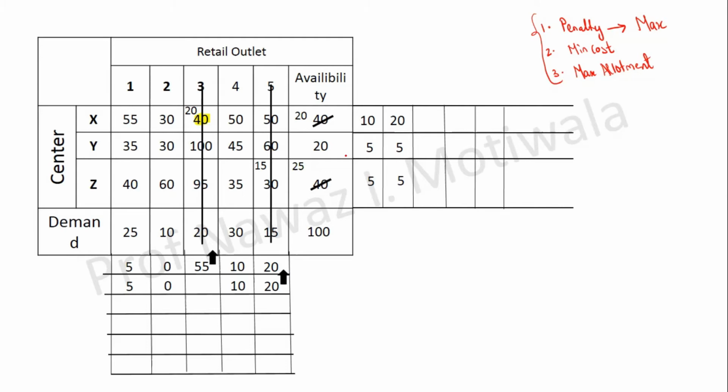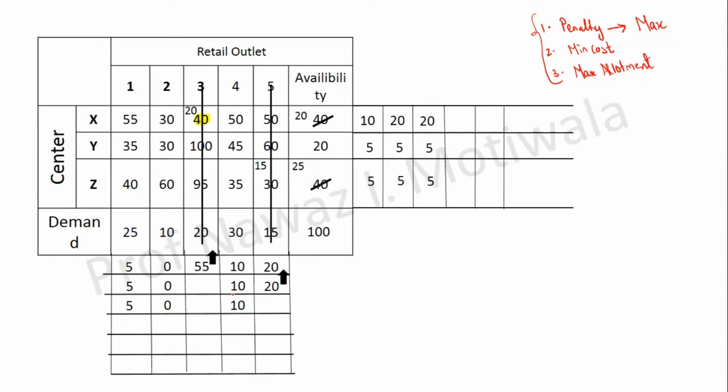Now we need to go for the third iteration. Again, tell me what are the row wise penalty and column wise penalty. First is 25, second is 5 and third is 5 again. Yes, correct. 25, 5 and 5, and the column wise penalties will be 5, 0 and 10.